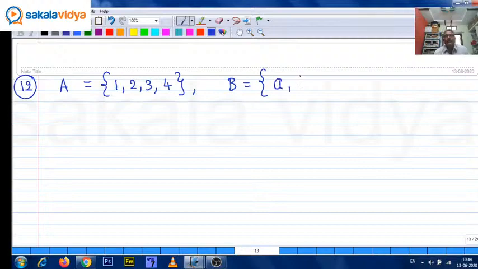A, B, C, D, E. A is equal to 1, 2, 3, 4. B is equal to A, B, C, D, E. Then